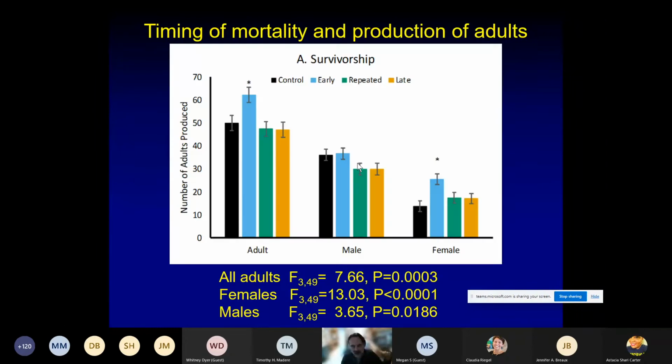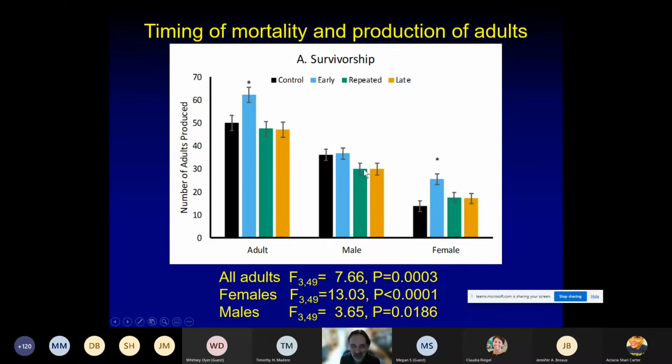And these are the results that Chris got. You can see the statistics down at the bottom for adults combined, for male mosquitoes, and for female mosquitoes. And what you see is they're all statistically significant. And particularly for females and for all adults combined, the main result is that, exactly as predicted, early mortality led to a significant increase in the number of adults produced. So you can, in this case, kill off almost half the population and actually get more surviving adults than if